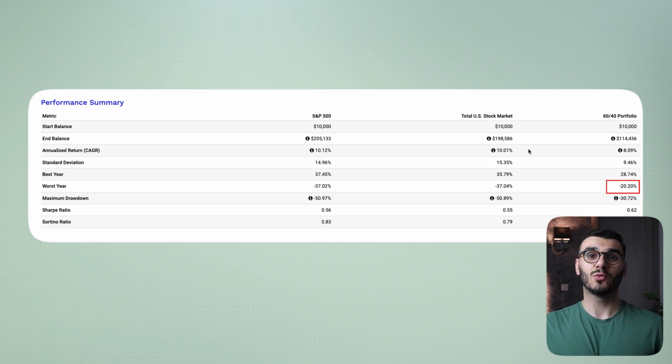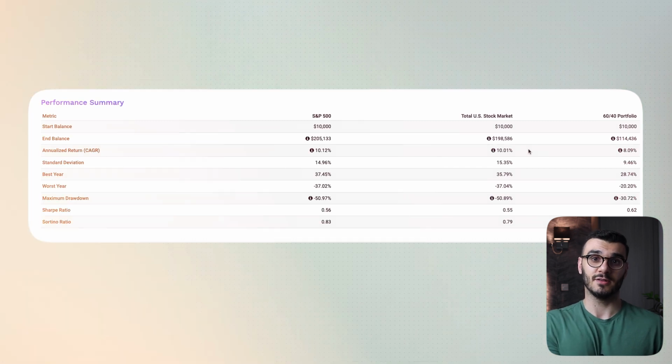However, your worst year with portfolio number 3 hasn't been nearly as bad as portfolios 1 and 2, with a decline of just 20%. This shows that while you'll still take a hit like the rest of the market, it's not as severe, but you can't completely avoid it. Your max drawdown as well, which is likely the most significant factor here, has been only 30%. While a 30% drop is still significant, it's easier to handle compared to a 100% stock portfolio that dropped 50%